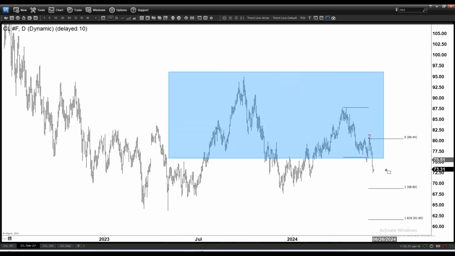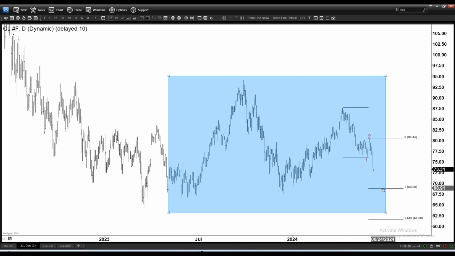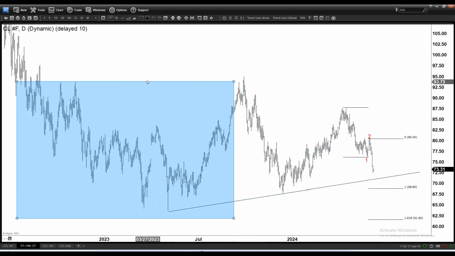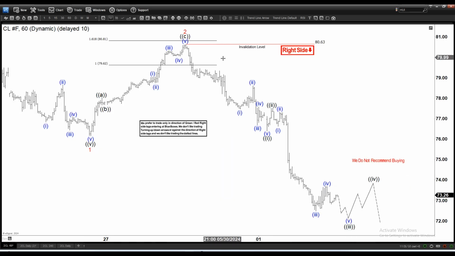But the only thing here that we should be a bit careful about is that if the market is sideways like this, sometimes when we got a sequence, whether it's a lower low or higher high, the sequence might truncate because of the sideways nature of it. So for example, we got this trend line here, and it might truncate on that trend line. Instead of reaching 100%, it might truncate right here and then start to go higher again. So if this is in fact some sort of sideways, then we can go here and then start to go higher again.